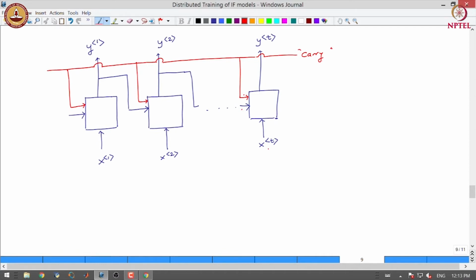Now, you have to figure out how to decide which information to carry on the carry line. Let us try to understand how to decide that particular information, and we will be using the same strategy as simple RNN for deciding what to carry in the next state. Let us understand that through a pseudocode.